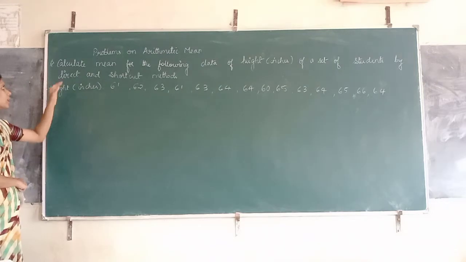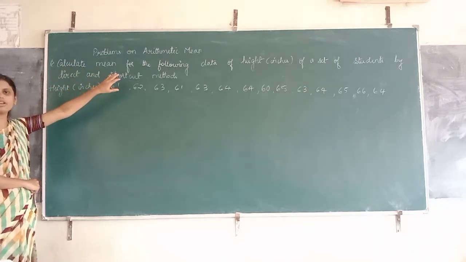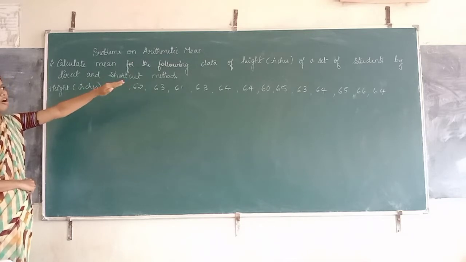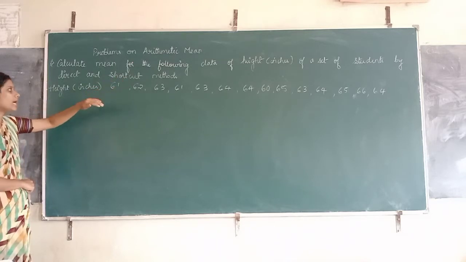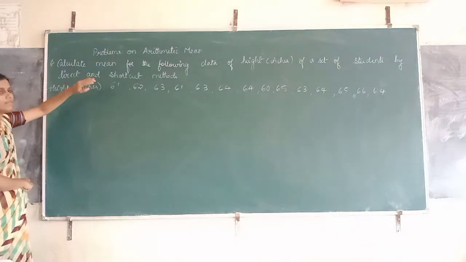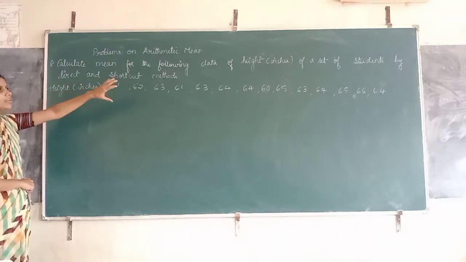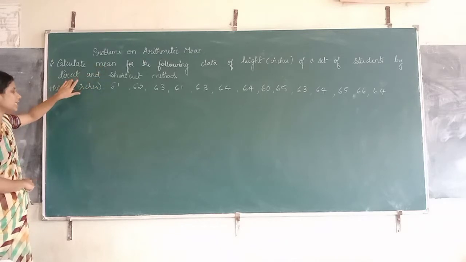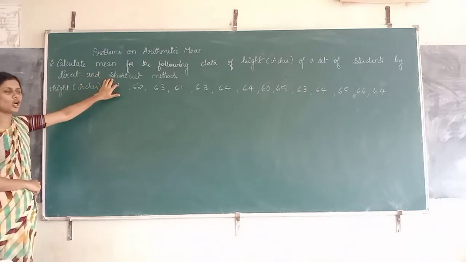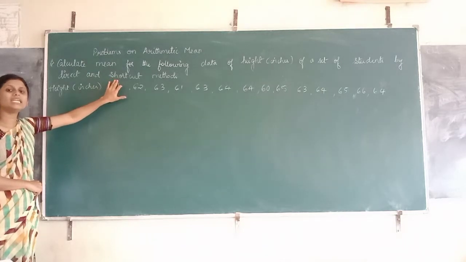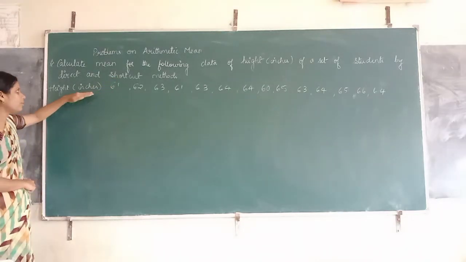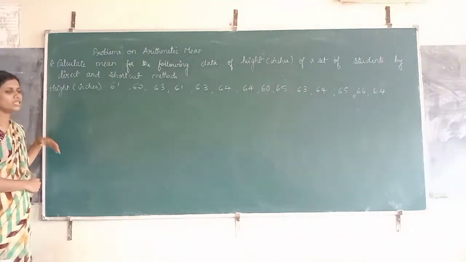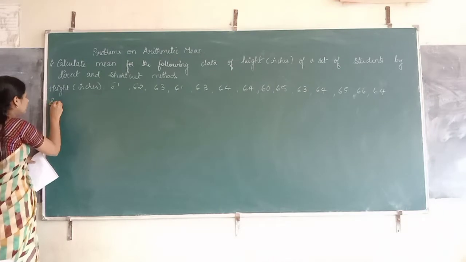And the question is calculate mean for the following data. And what is the data? The data is regarding the height of a set of students, and height is stated in inches. So we are going to calculate mean by direct method as well as by shortcut method. Shortcut method is nothing but deviation method. So first of all, in the solution we are going to state